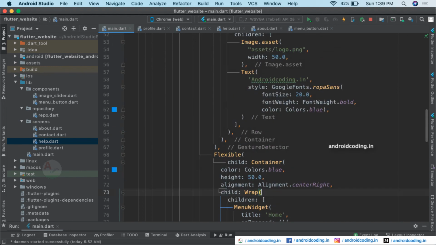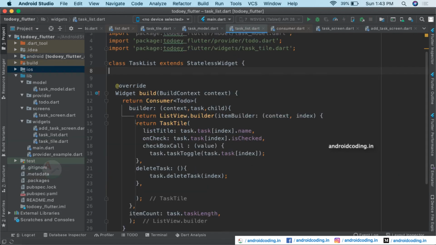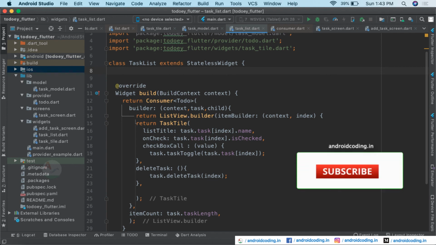So this is it for this tutorial now, and in the coming tutorials we will be seeing more customizations in this particular website. So if you are having any queries and if you want to add some more functionalities to this existing website, you may let me know in the comment section below. And as I want to make the series much easier for you to understand, I am just taking a single concept for every tutorial and in a very short duration.